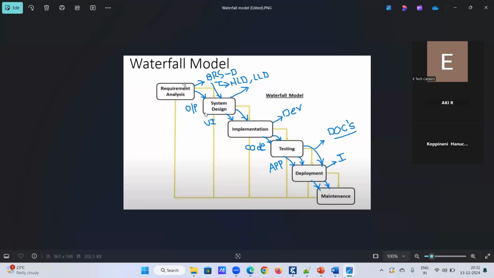And what is the outcome of system design? Design documents. Based on this, what are the design documents? HLD, LLD, right? Based on the design documents, it will be the input for the implementation. And what is the outcome of the implementation phase? Code, right? Developers will implement the code, and the outcome is software. Once the software is delivered, the testing